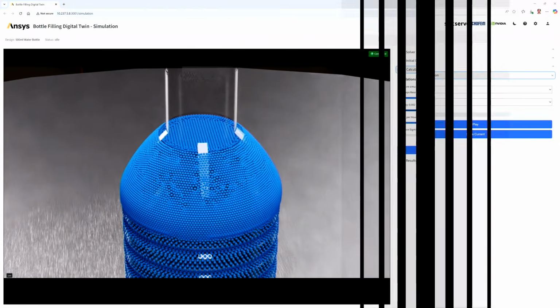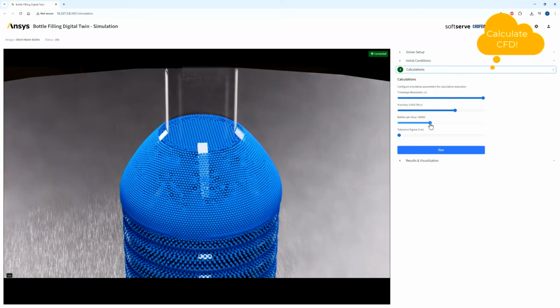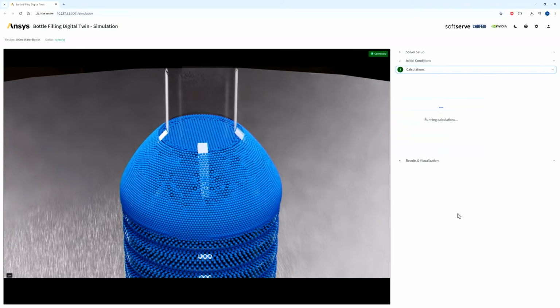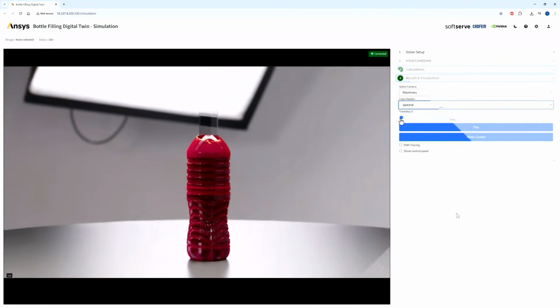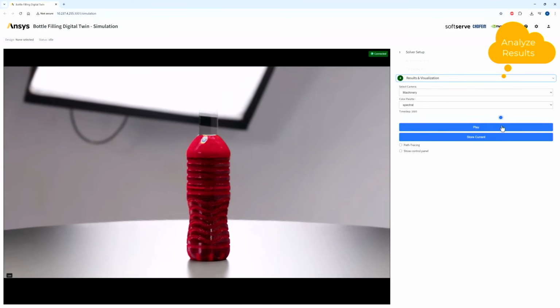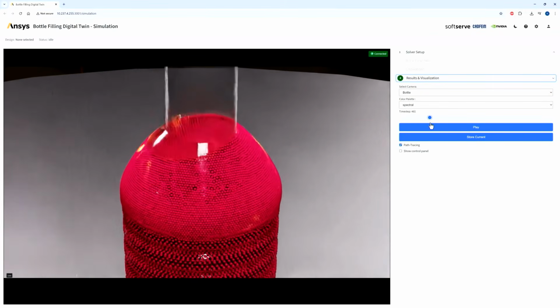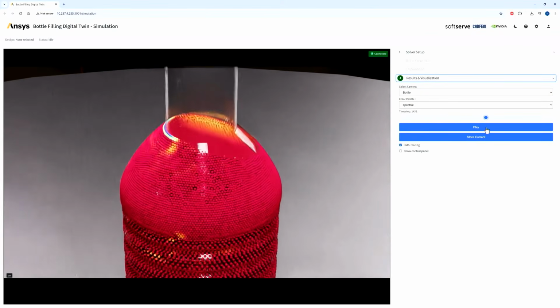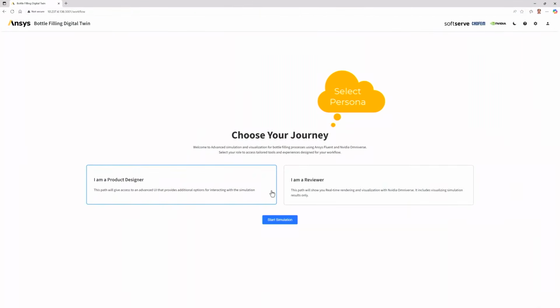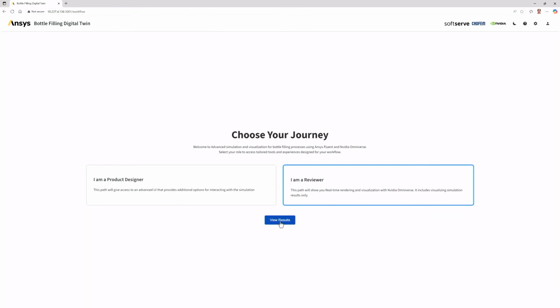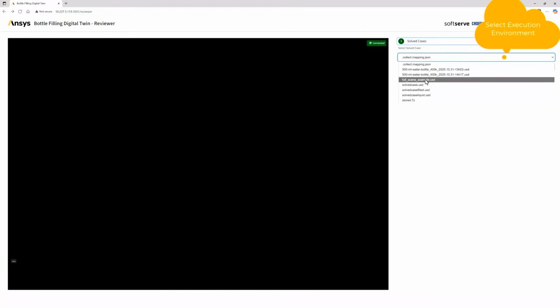So you can check different types of bottle materials, the viscosity of the fluid, the speed at which it's supposed to be operating, the size of the bottle, whether it's a 500 ml or a 2-liter bottle. So you can play several different scenarios in this virtual world, in the simulated world. And the real power is that now you're making it easier for even a non-simulation expert. All of this is just a web application, but under the hood, it is stitching together all these different pieces of technologies. Do you want to add how the simulation is working on this side of the workflow?